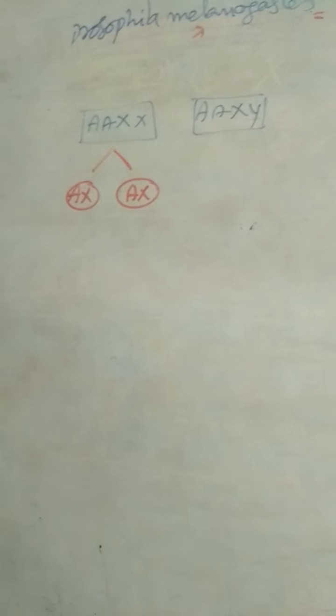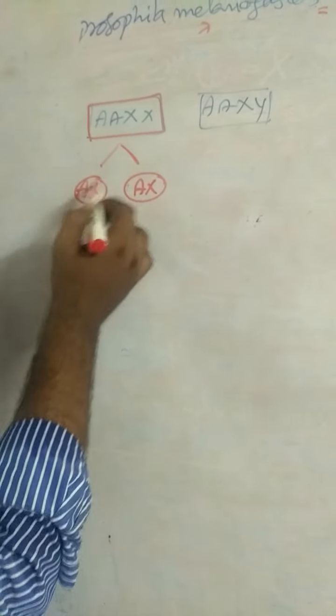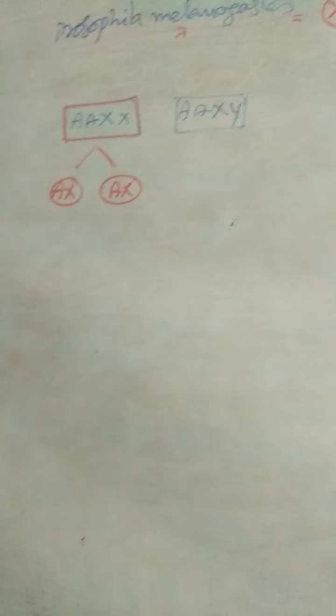This process is called disjunction. Disjunction means equal distribution of chromosomes. In some cases, or sometimes, there is unequal distribution of chromosomes. Like here,